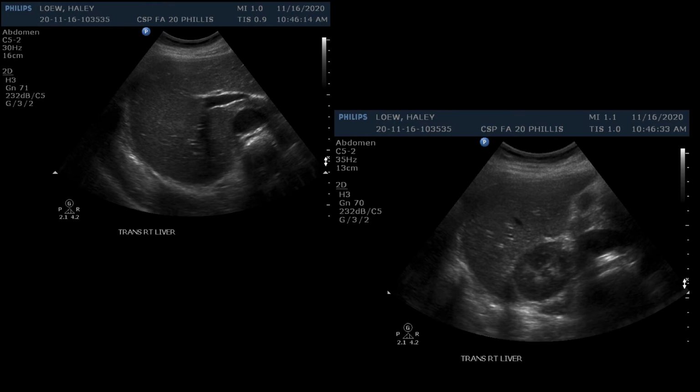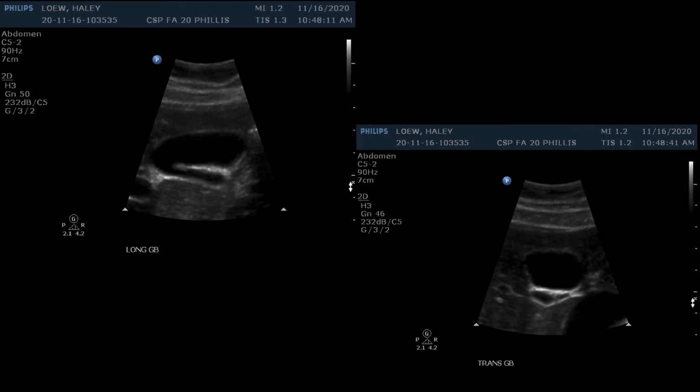The kidney should be seen in the image on the right. We should check Morrison's pouch for fluid. The gallbladder is first imaged with the patient in the supine position. This patient had a folded gallbladder, however, in the long plane I managed to get the full neck, body, and